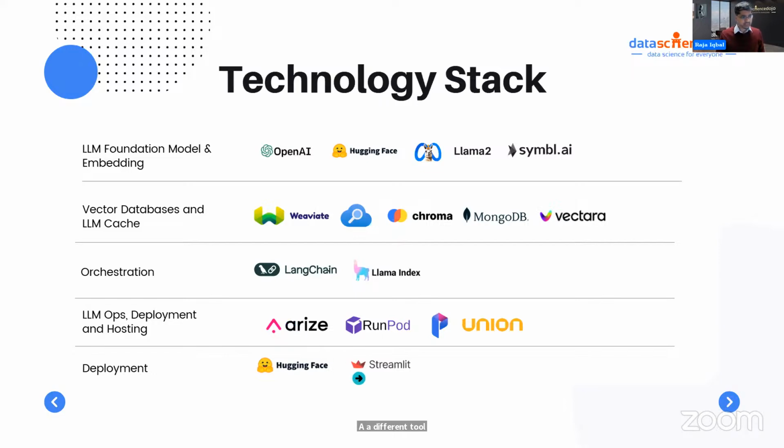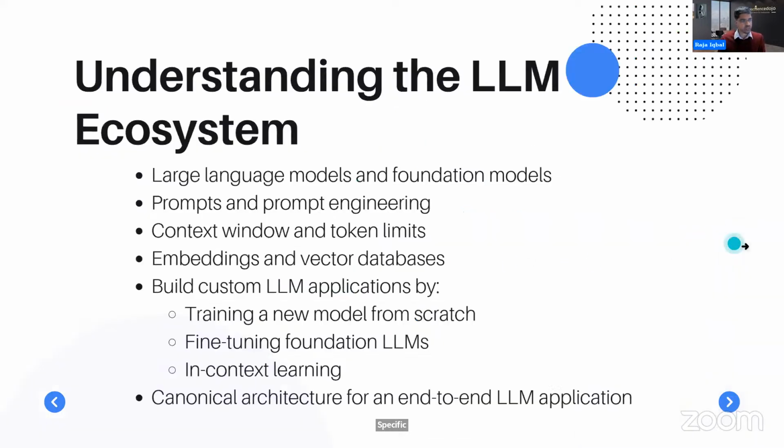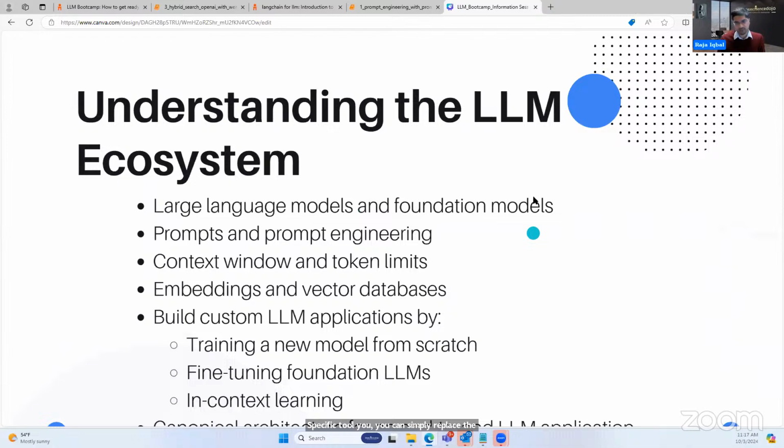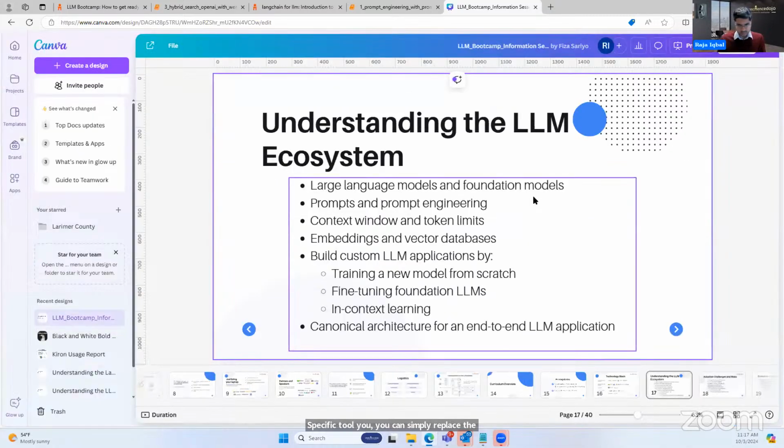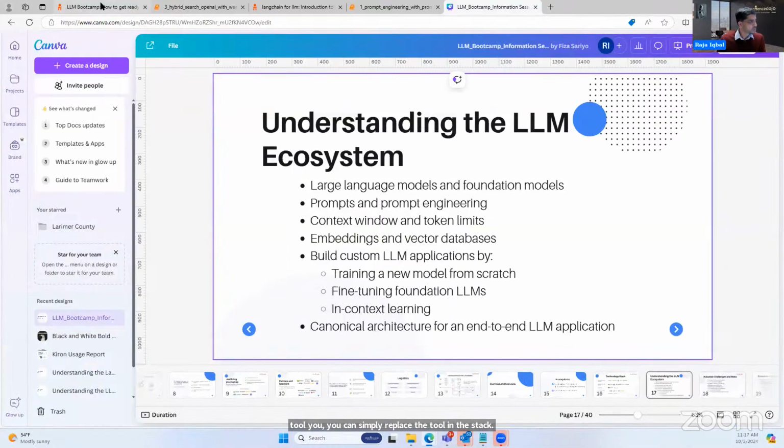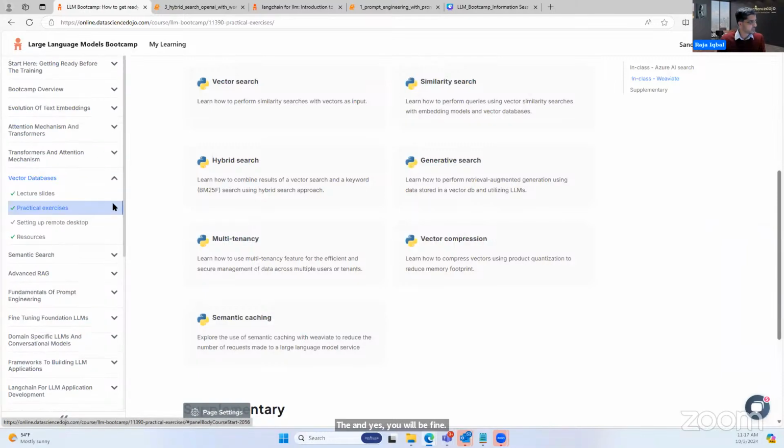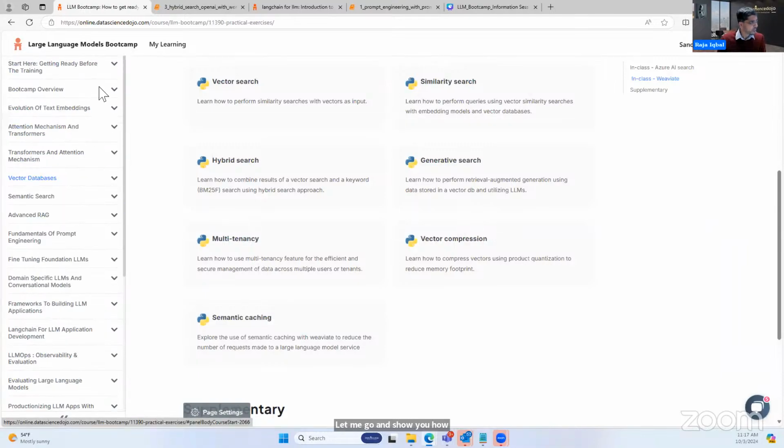So the idea is that we will teach you the relative place of everything, and what it takes to build a complete application. Then if your company uses a different specific tool, you can simply replace the tool in the stack, and you will be fine. Let me show you what the entire curriculum is.